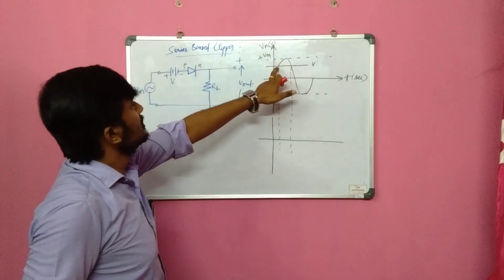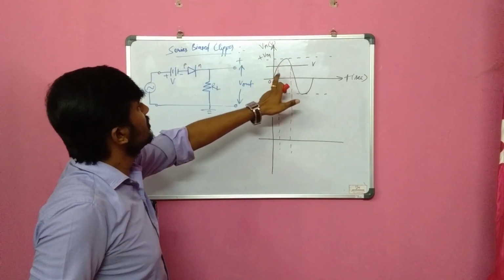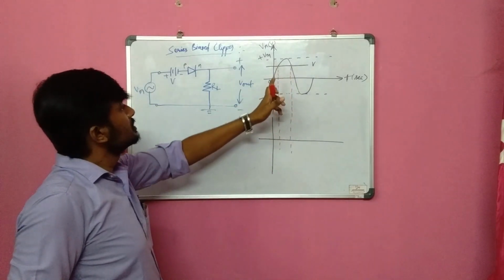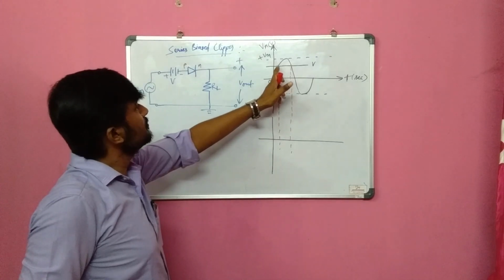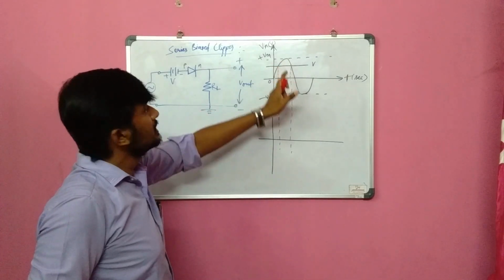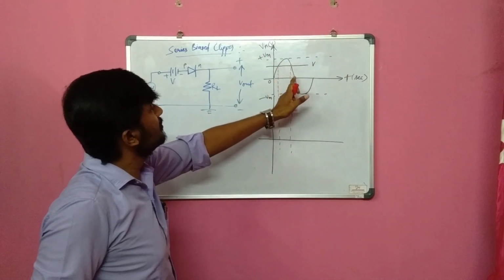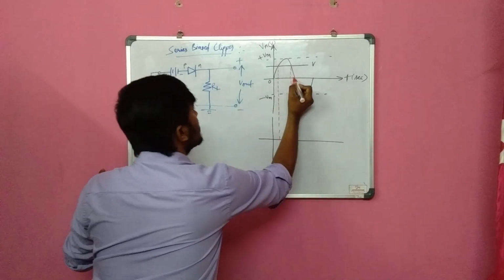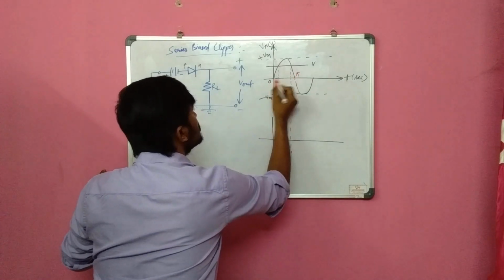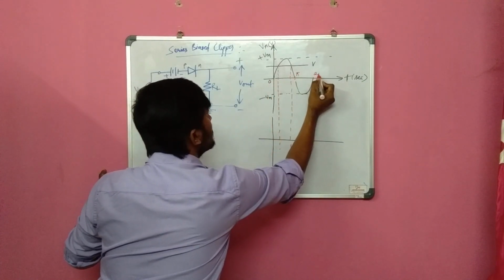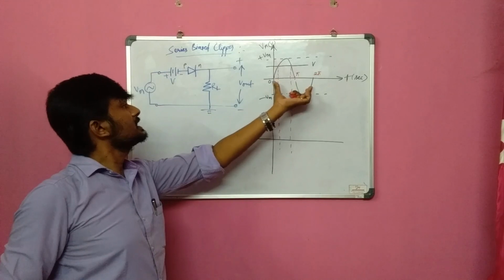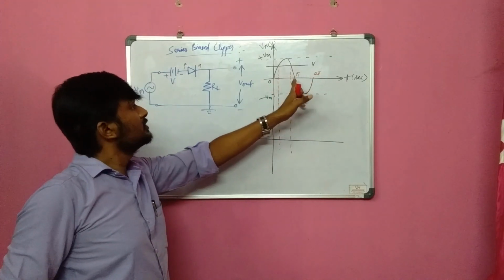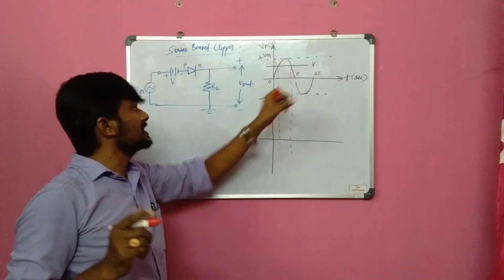So at this point, I have divided the zones into 1, 2, 3 zones up to now. So first zone is what? From 0 to V. Second zone is what? Above V. Third zone is what? Again below V, up to this point, which is called what? Pi. This is 0, this is pi, this is 2 pi. So one complete cycle, the full cycle, is 2 pi radians, 0 to 360, and for a half cycle, pi radians, that is 180.